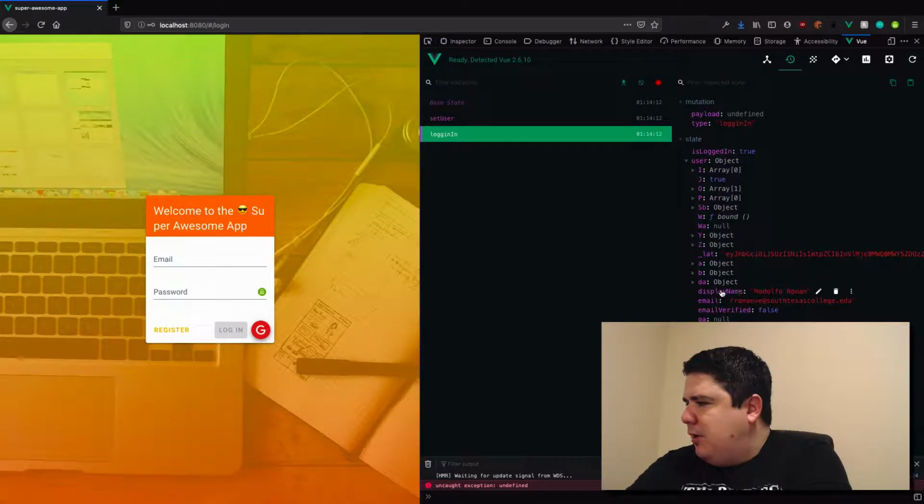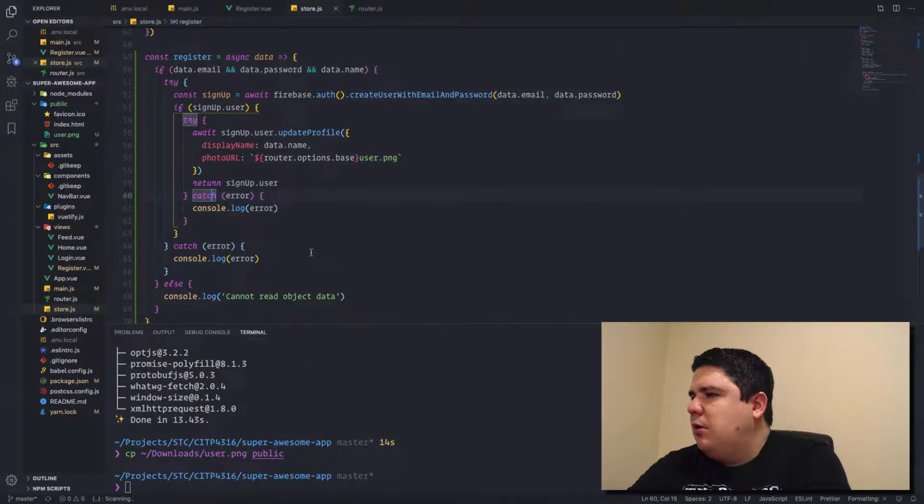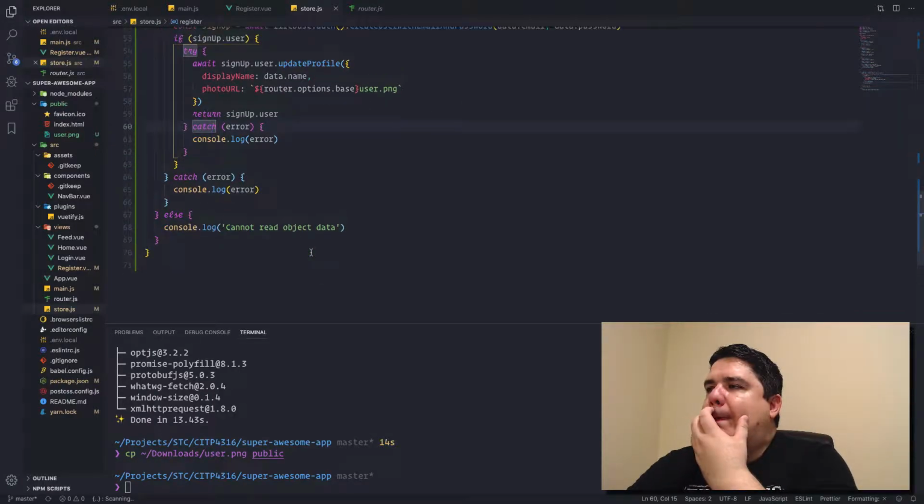I don't see that element. I see my display name, but my photo URL is not there. So this is actually the user object, and this is the display name that we changed. So that's why it's getting messy, because